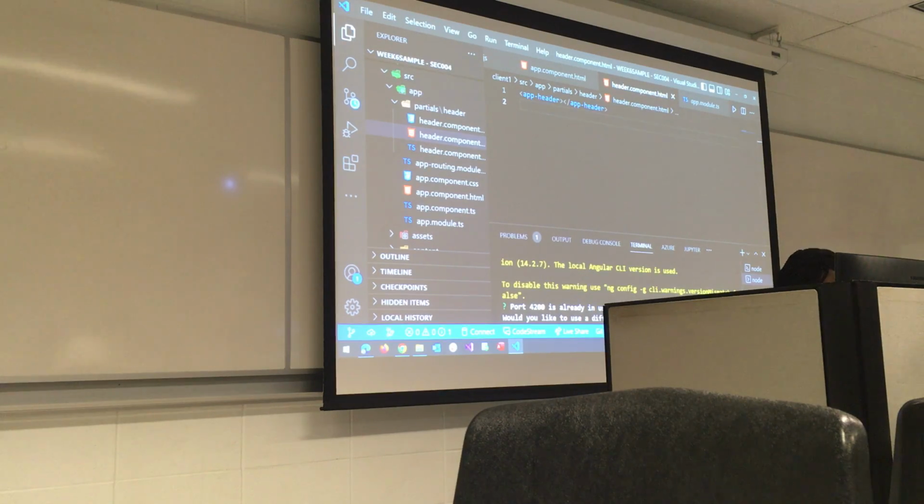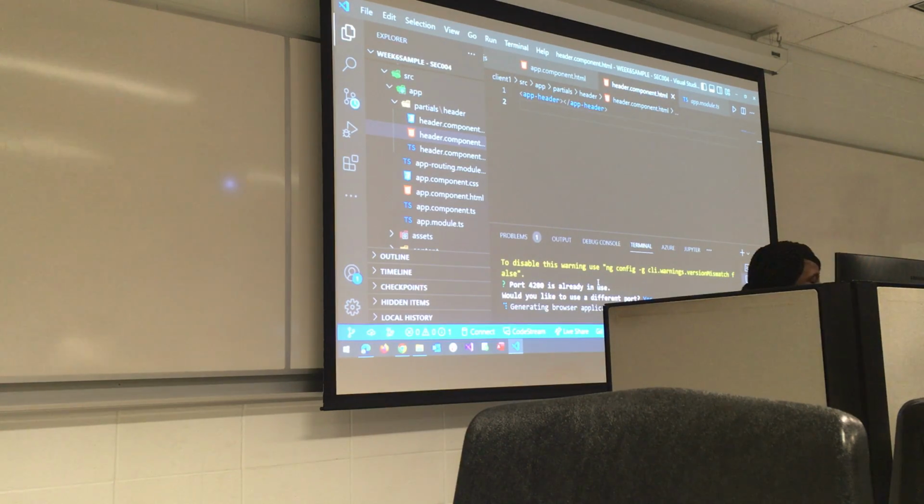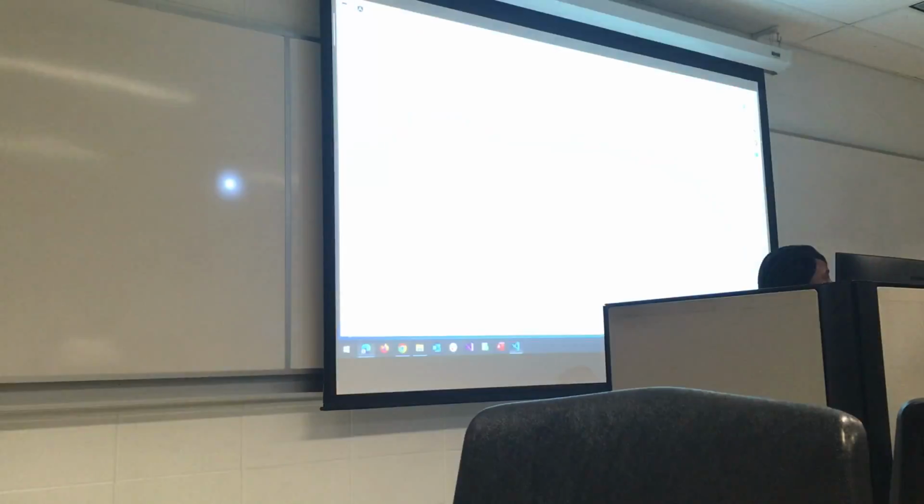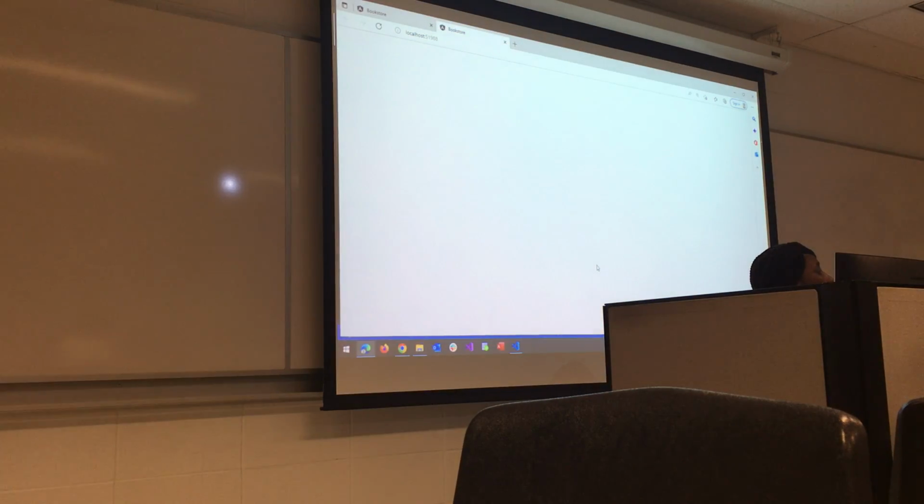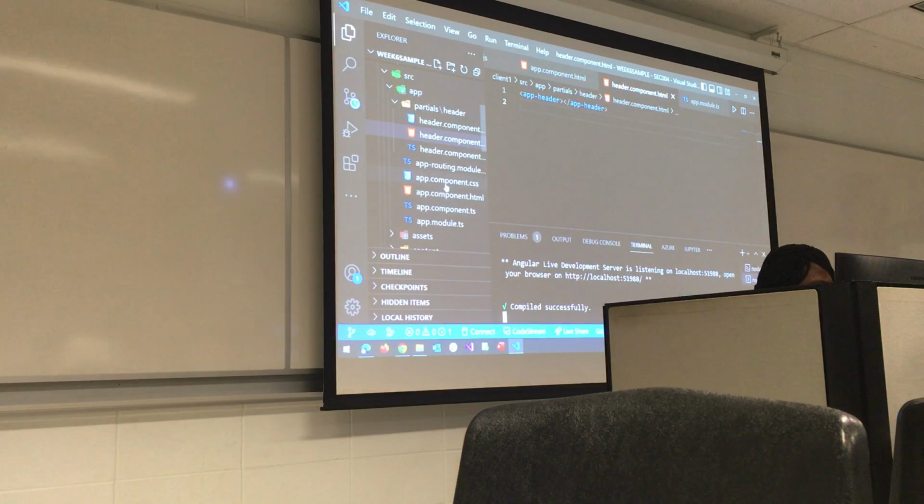So to create the footer, it's running on another port. Okay, let's run another port. In as much as it's displaying what I want. Okay, so if you launch yours, what do you have? Nothing, still nothing. Nothing? Check the version. We put it in the header component by accident, not the app component. Oh. It should show header works.